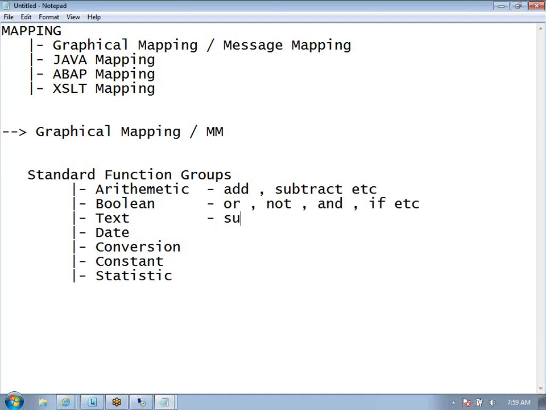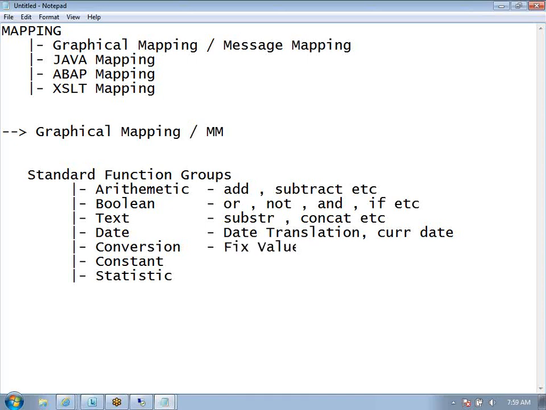For text, something like substring, concat, etc. Date, date translation, current date, etc. Conversions, fixed values, value mapping, etc. Constant,